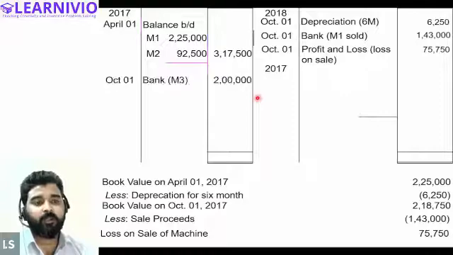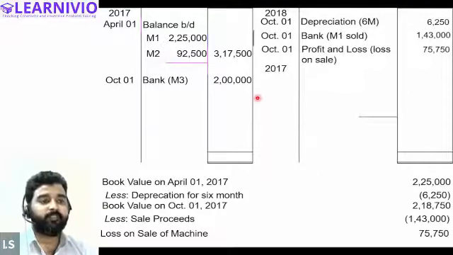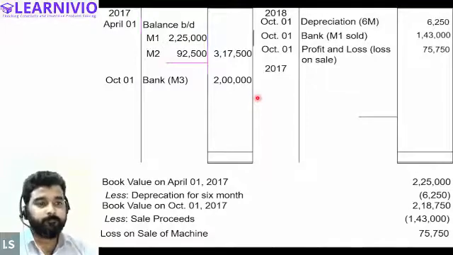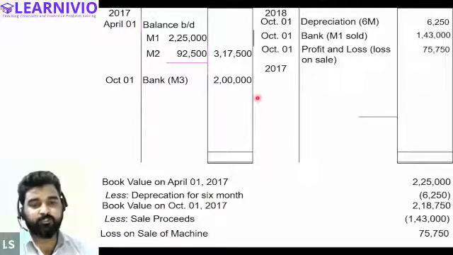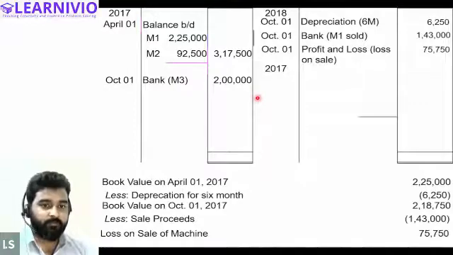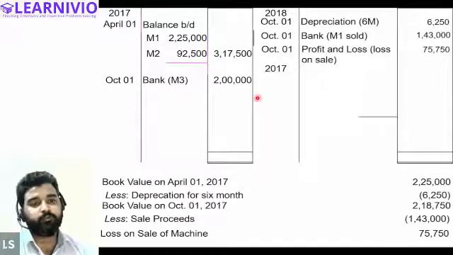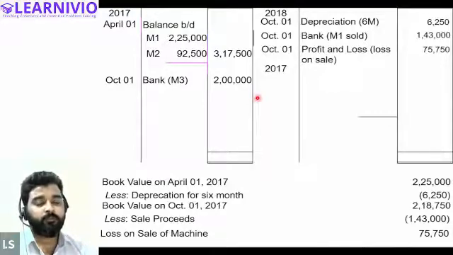All right. Now at the end of the year, we will be charging depreciation for all the remaining machinery. So tell me, how many machines do we have at the end of the year? 2 machines, correct? We have already sold the first machine, so we are left with the second machine and the third machine. So we will have the machinery 2, 92,500, at which we will charge a depreciation of rupees 5,000.